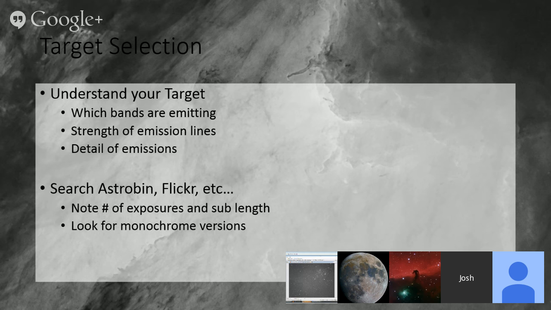I think it was $170 to get the 3 nanometer version, and the general argument is you're going to get more contrast with the 3 nanometer. It'll block out more light pollution. It'll let you image when the moon is a little bit fuller, and again, it will force you to actually expose for a little longer to get to sky limit exposures. And the final factor that helped me decide that I wanted to go with the 3 nanometer was looking at some of the really faint O3 targets, and some people who had experience with both really highly recommended the 3